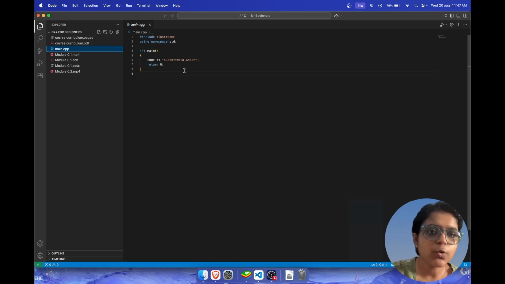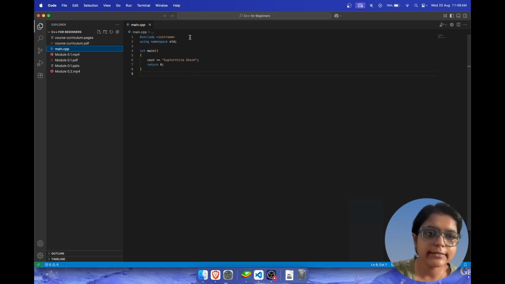So what does iostream mean? IO basically means input and output, and stream is like a flow of data, like water through a pipe. Together, iostream is a library that lets you send data to the screen, that is output, and receive data from the keyboard, that is input.